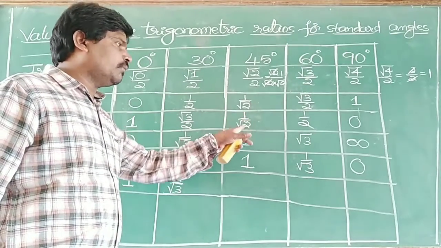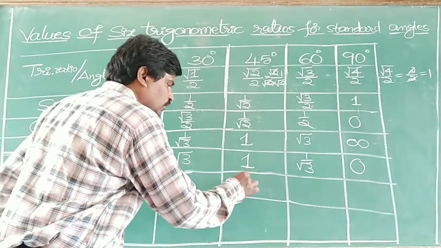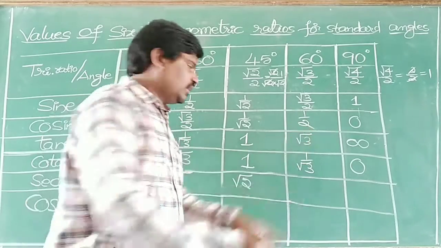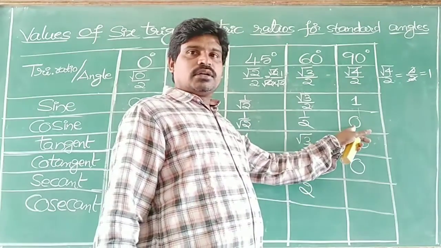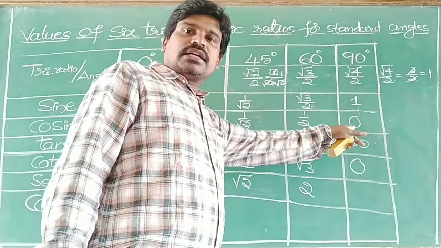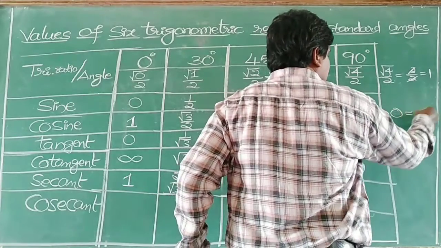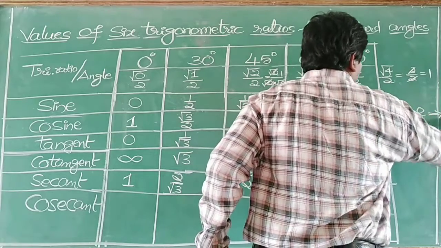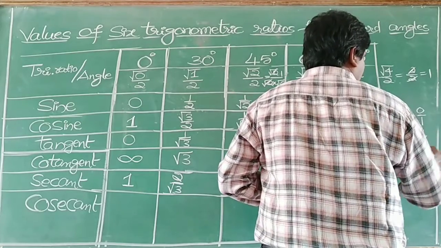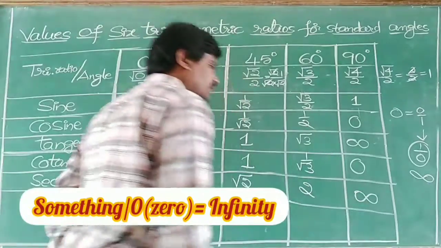Next here for cos 1 by root 2 we have. So make it reverse, root 2 by 1. Root 2 by 1 means we are getting root 2 only. Next here 1 by 2 we have. Make it reverse, 2 by 1 is 2. Next we have 0. This is for cos, and making it reverse, we get secant. 0 is nothing but 0 by 1. If you make it reverse, you will get 1 by 0. 1 by 0 is nothing but infinity. So I can write here this is infinity.